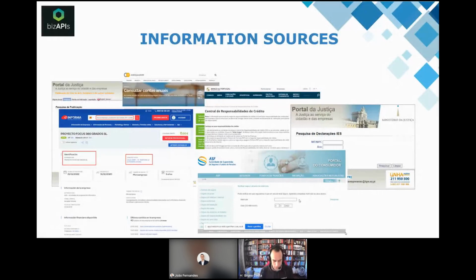following up on what João was talking about relating to KYC, in terms of information sources and what BIZAPIs does to help in these types of processes, there are actually lots of other information sources around in public portals.